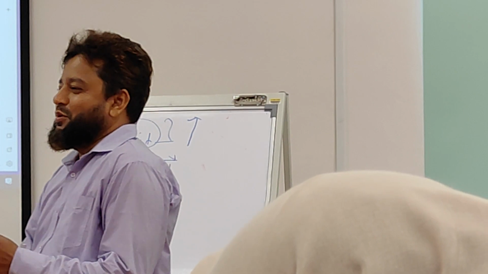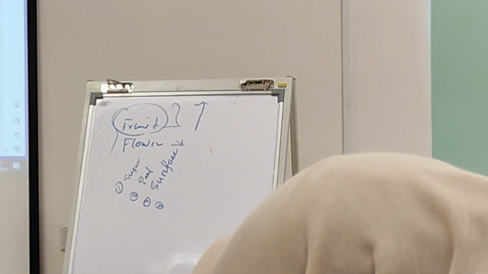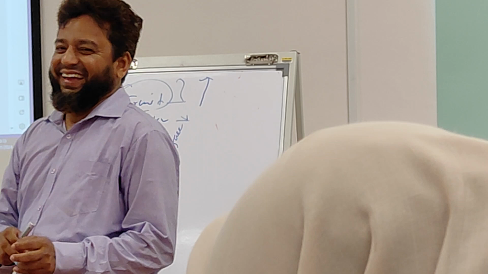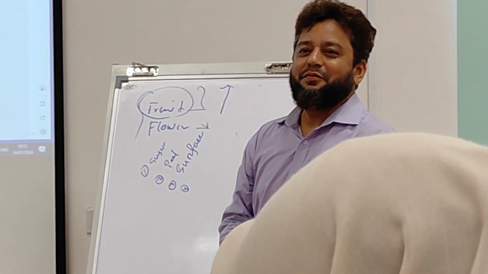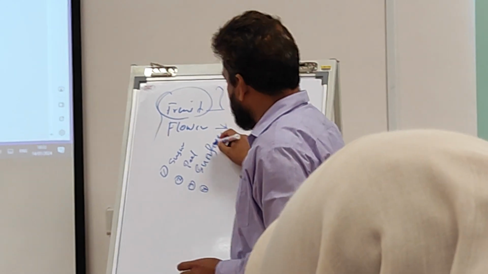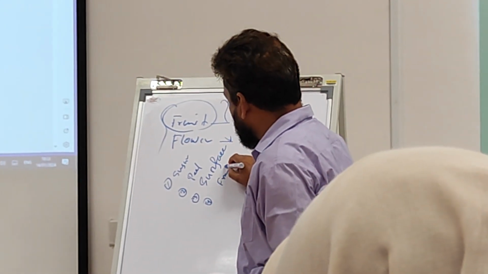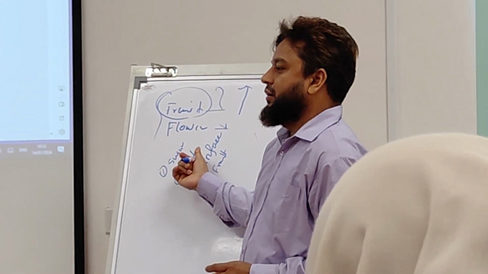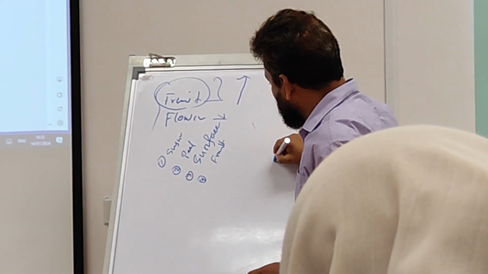Can you tell me why all the fruits have less loss of water than the flower? Anyone? Why does the fruit have less loss than the flower? Why? Because